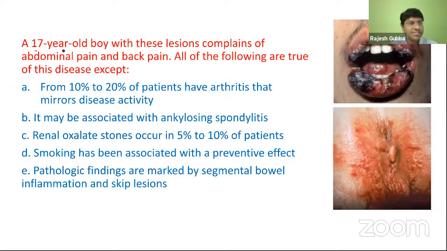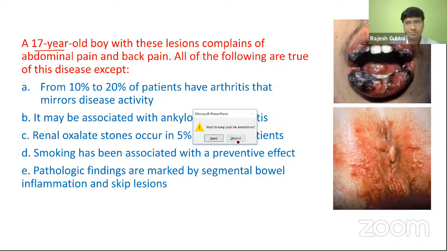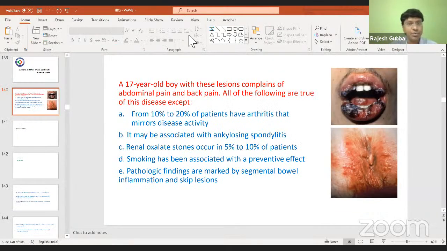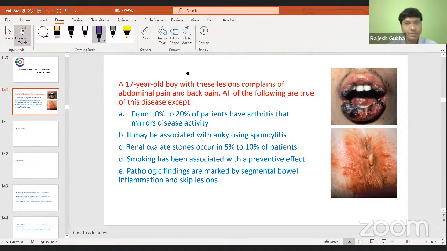We have a 17-year-old boy with these lesions, complaining of abdominal pain and back pain. All of the following are true of this disease, except, the options are